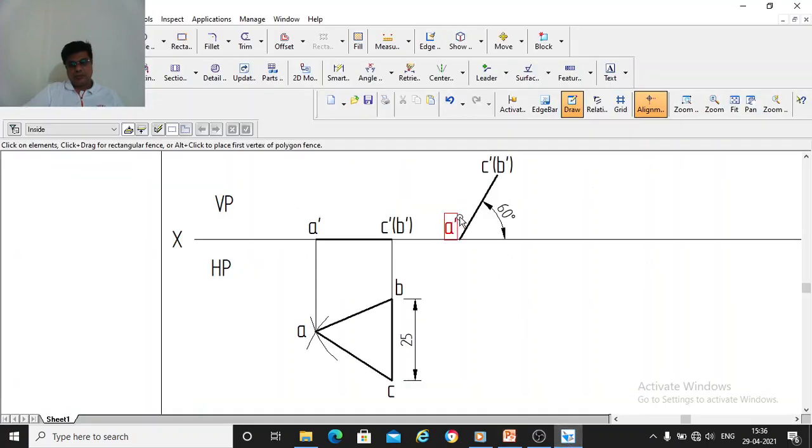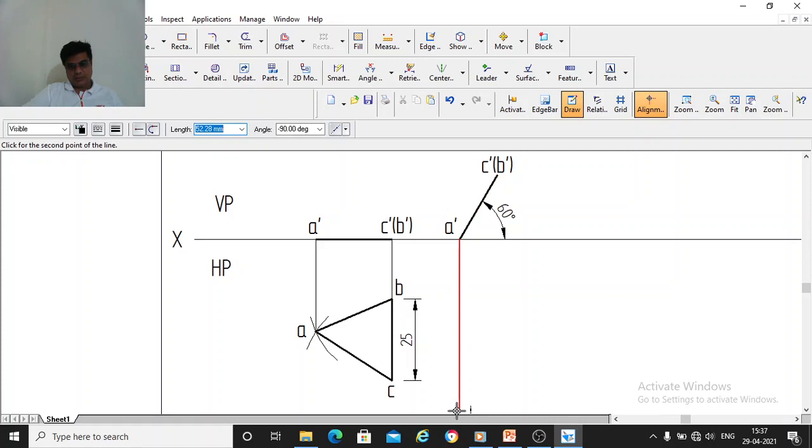Once we know the front view, from this front view I can draw the top view. From the top view I had drawn the front view; now from this front view I will draw the top view. So what should we do? We should draw the projector lines from all these points A dash, B dash, C dash. From A dash draw a vertical line downwards. From B dash, C dash draw the lines downwards. If you know the front view, you can draw the top view. If you know the top view, you can draw the front view by drawing these projector lines, vertical and horizontal.